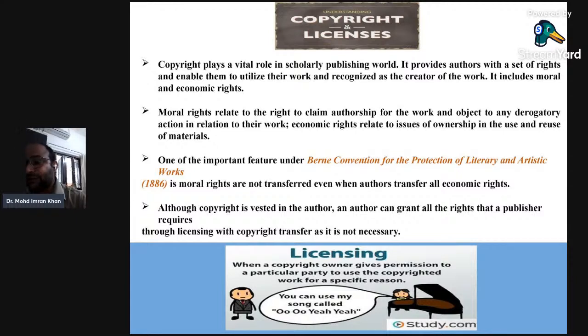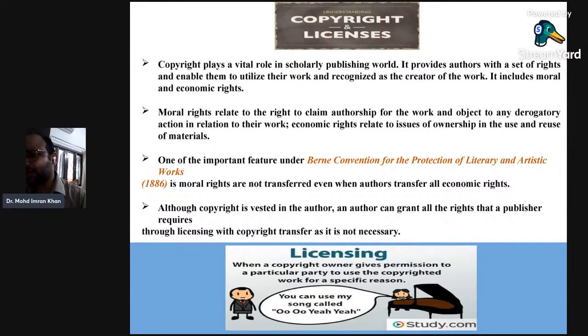When we talk about copyright term, one important thing to understand here is that exclusive rights in case of copyright are given for a period of the lifetime of the author plus 60 years. So when we say that a certain work is out of copyright, it means the term of copyright protection has expired. So what does that mean? It means that it's only the economic rights which have expired now. It's not the moral rights, because even after the expiry of the copyright, the moral rights will remain intact with the author.